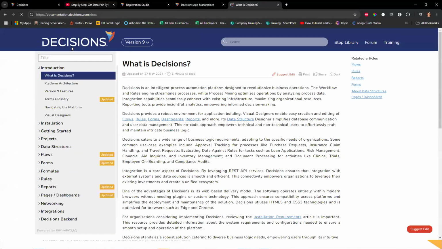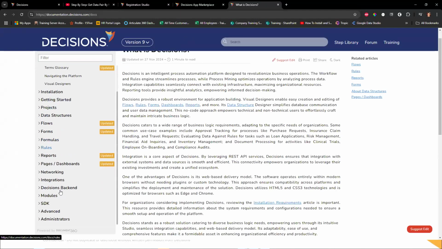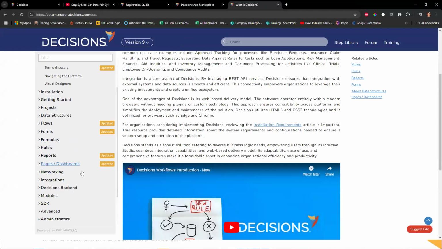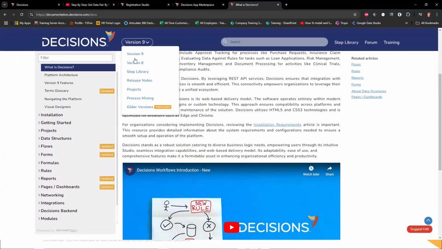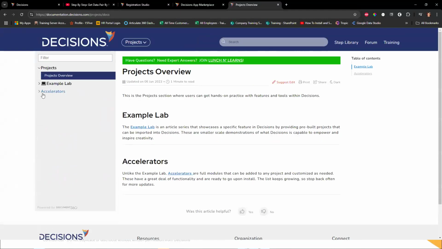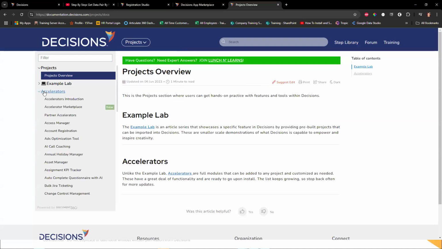We actually have documentation on our website. I think it's under the accelerators, right? I'm not crazy. Projects at the top, Jared. Oh, projects, look at that. There we go. So on our doc site, if you switch to projects, and then you click accelerators, you'll